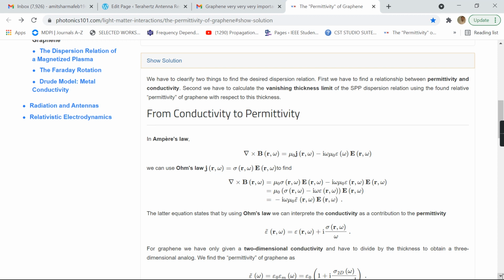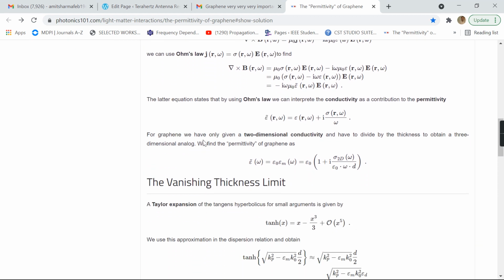Now for graphene we have only given a two-dimensional conductivity and have to divide by the thickness to obtain a three-dimensional conductivity. We find the permittivity of graphene as this. So they have given here the final formula of permittivity of graphene: epsilon dash omega equals epsilon 0 into epsilon m omega. Now this term, as we have calculated, is the epsilon m omega term, and here epsilon r comma